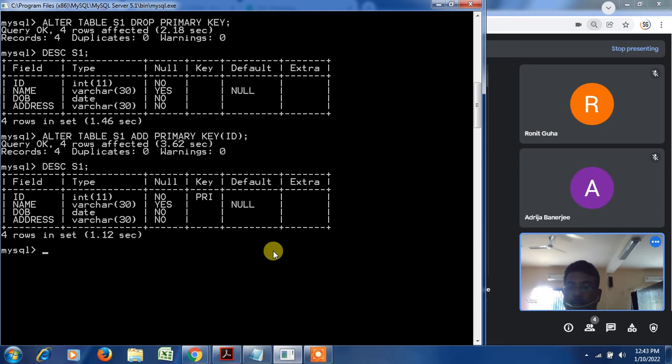First of all, I am creating a table: CREATE TABLE S2. I am keeping ID as an integer, and I am not keeping the primary key here right now.